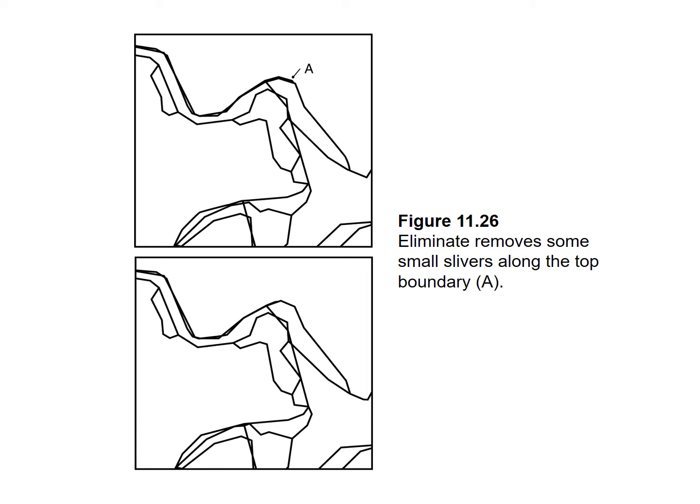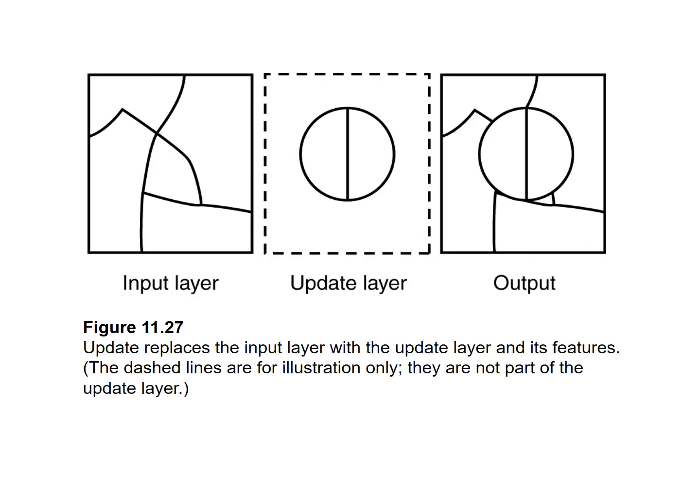Eliminate removes some of the small slivers around a boundary. One way you can do that. Update replaces the input layer with the update layer and its features. The dash lines are for illustration only. They're not part of the update layer. So you got this little update you added in, and then it just